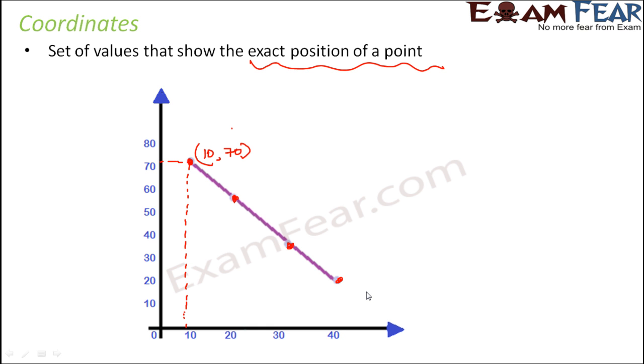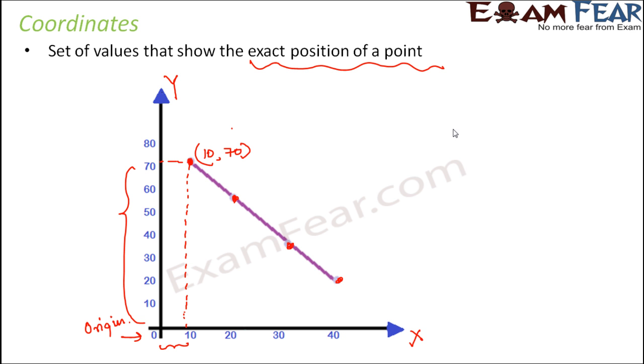To find the coordinates, we always focus on these two axes, the x-axis and the y-axis, which run perpendicular to each other, right? The horizontal line is x and the vertical line is y. The point where these two axes intersect is the origin, which is represented by 0. All the measurements along the x-axis as well as the y-axis start from 0. So when we talk about this point, the x-axis measurement is from 0. Similarly, on the y-axis, the measurement is done from 0 till 70, which is 70, right?